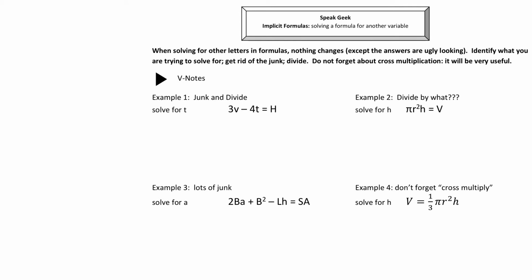Let's take a look at example 1. Again, we're always going to start out with drawing the wall. Alright, so for this one, it says we're solving for t. Now remember, that's telling us what we want to get alone, which makes the other terms the junk. So here, the junk is 3v. No biggie, make it disappear. Subtract 3v from that side, whatever you do to one side, you do the other. We talked about this in the last video notes,